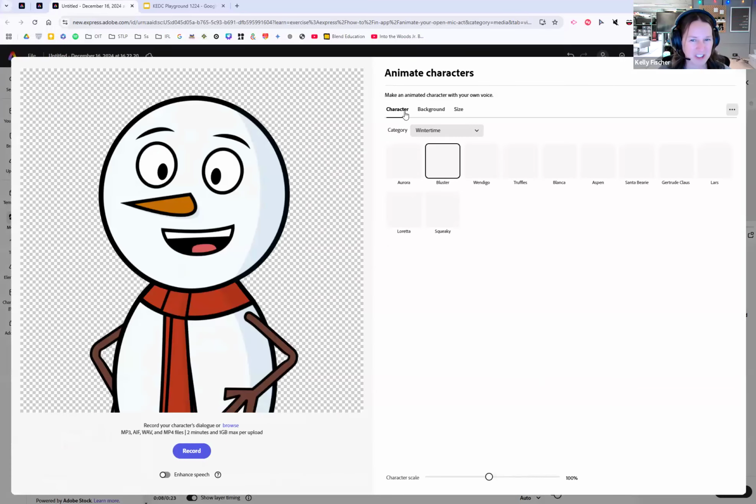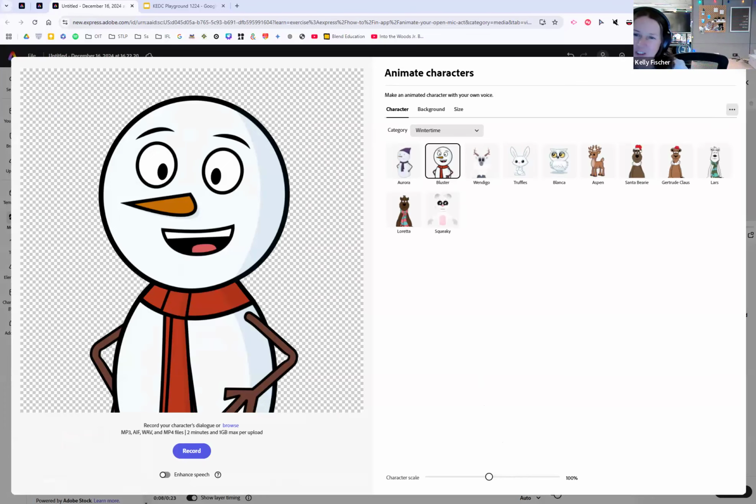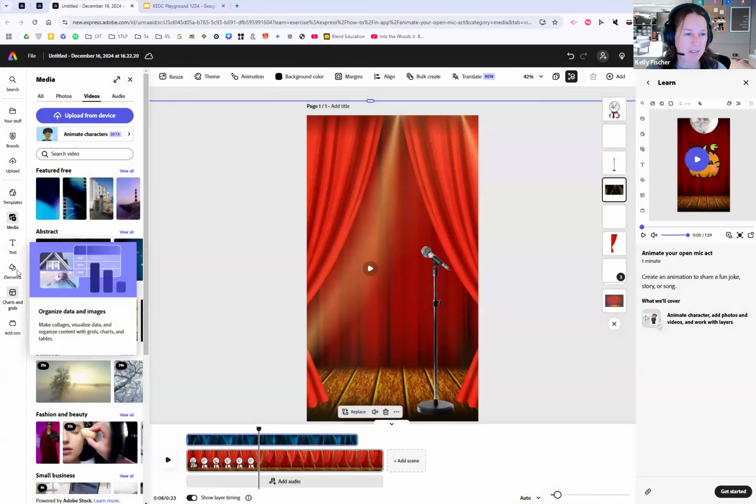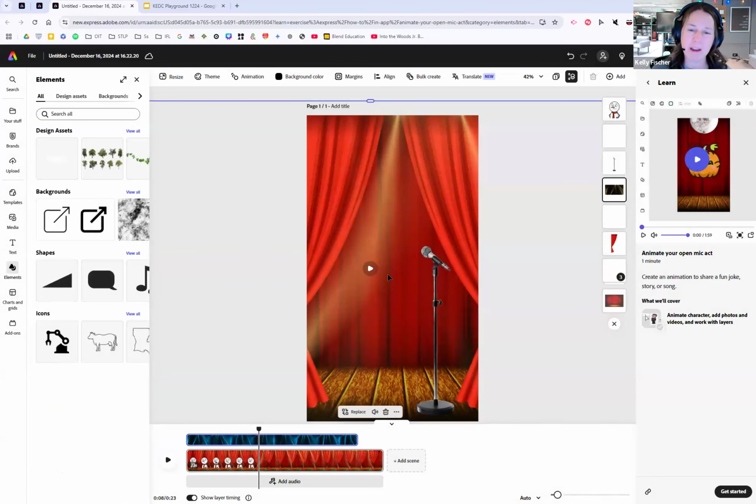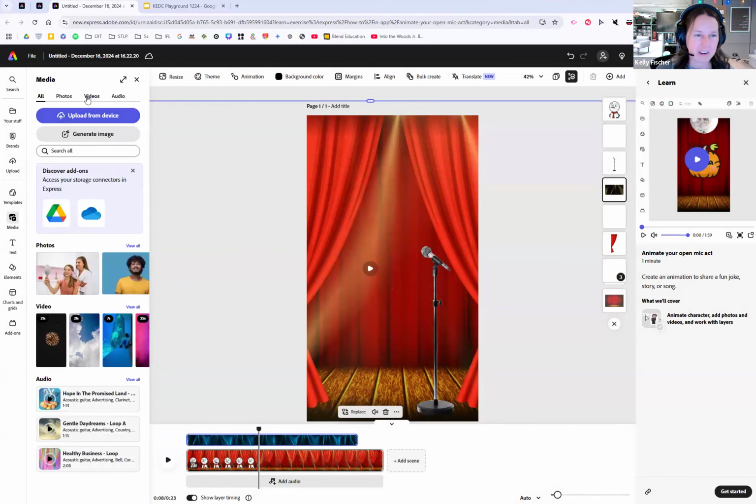So I was asked a question, can you draw your own character? So as of right now, you cannot. But what you could do is just go to Adobe Express and use the drawing tools over on the side. And actually, I'll show you where those are. I could just come over and add elf elements, and I could even just come in and draw my own or include my own characters if I wanted to draw it and just snap a picture and upload it into here. And then when I go to add a character,